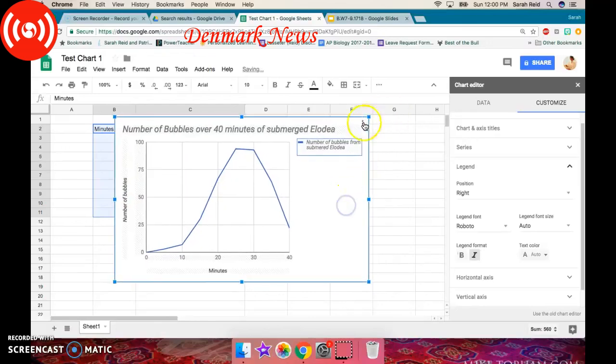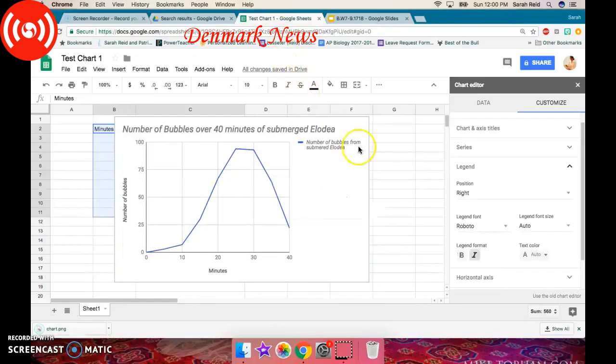Now if I want to save this graph, what I can do is save this as an image and download it, or I can take a